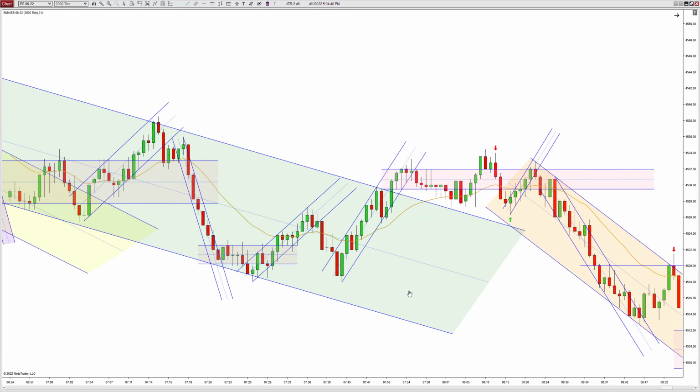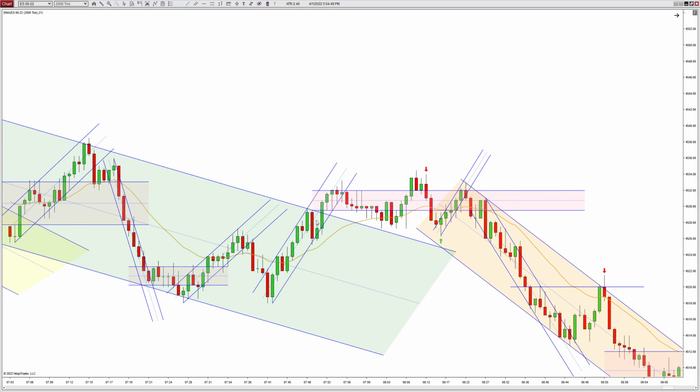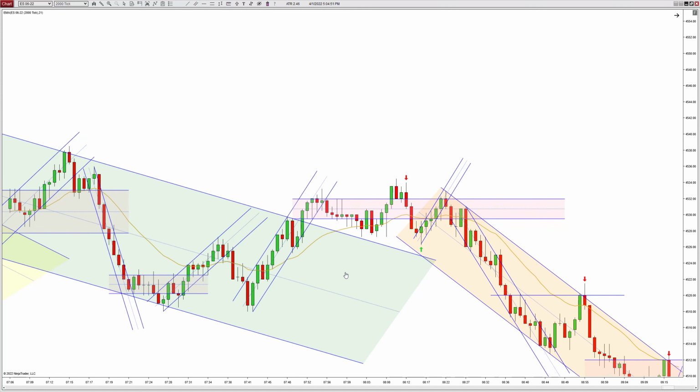You don't really get too much. You do bounce off of this green trend line here, but it's an inside bar. Just not a good place to go short. And then we start going sideways here